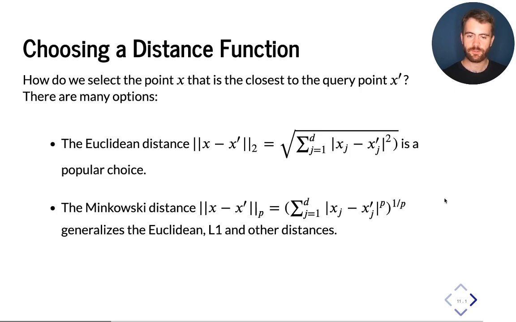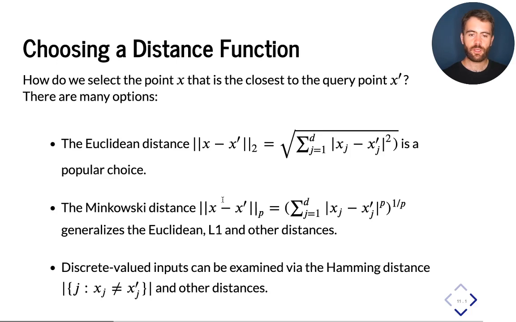but for different values of p we have valid distances. And finally, sometimes x and x prime can have discrete values. If all the components of x and x prime take discrete values, then we may want to use a specialized distance, such as the Hamming distance, which simply counts the number of components of x at which x is different from x prime. So here we have defined 3 distances, and there are several more distances that are used, but these can give you an idea for how we would